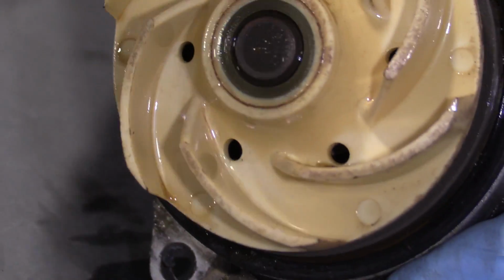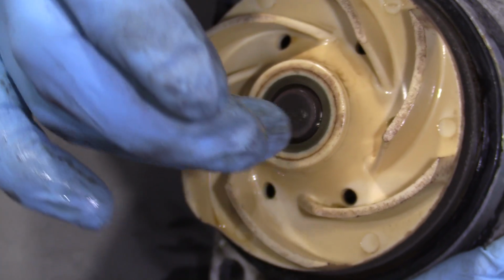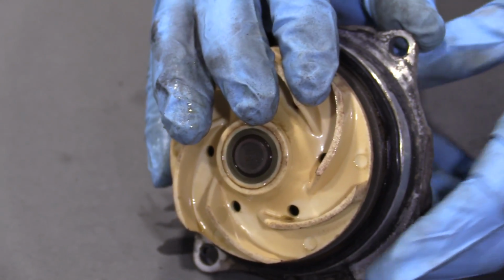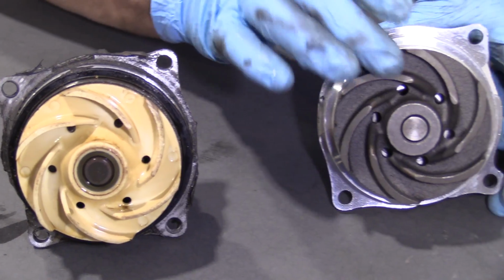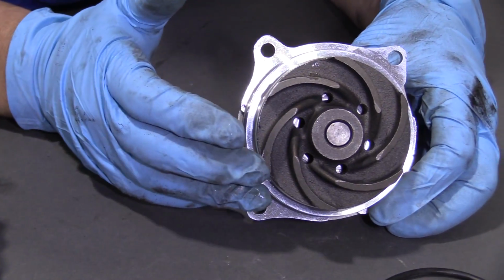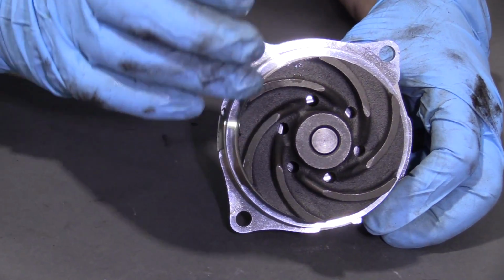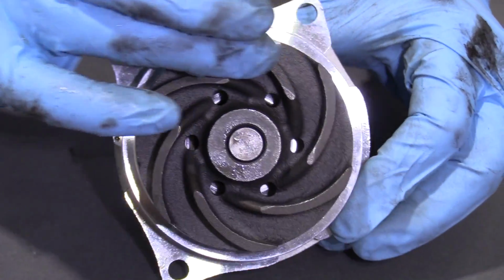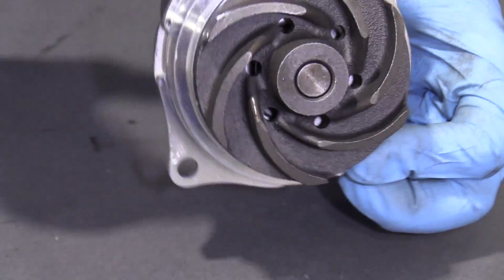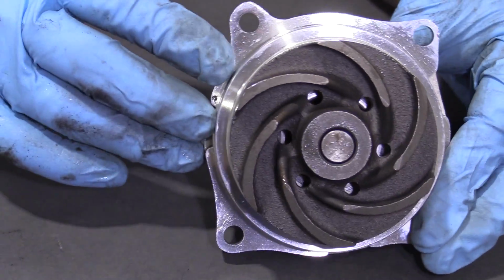And these are also known for breaking free on the shaft. They're lightweight, that's why they did it, but they also fail a lot. So the upgrade is the one from 1A Auto. It's cast metal. It's pressed on that shaft. It won't break down, and it will stay strong